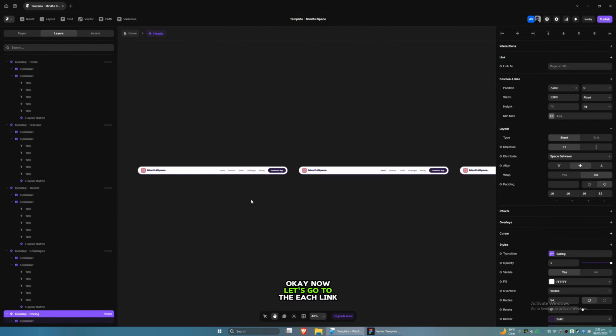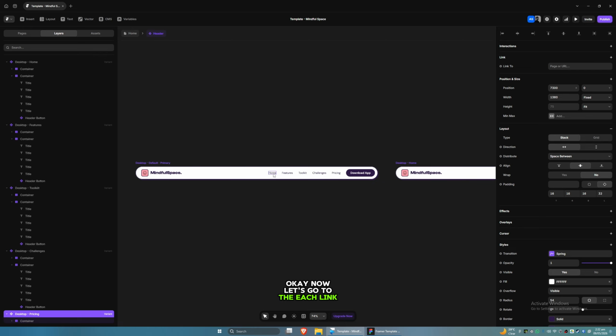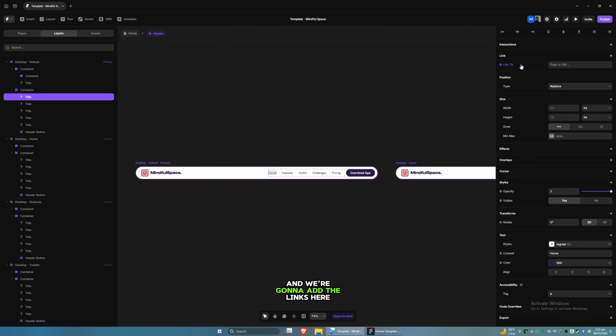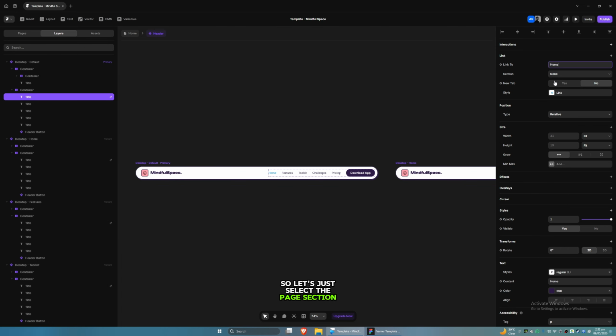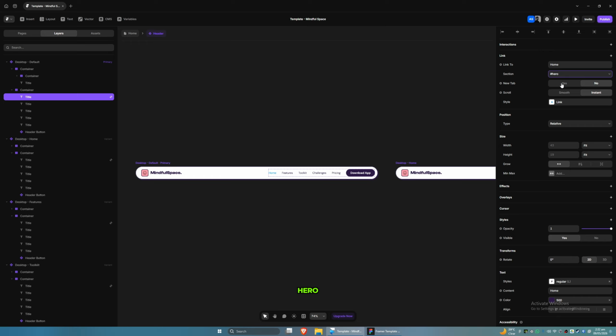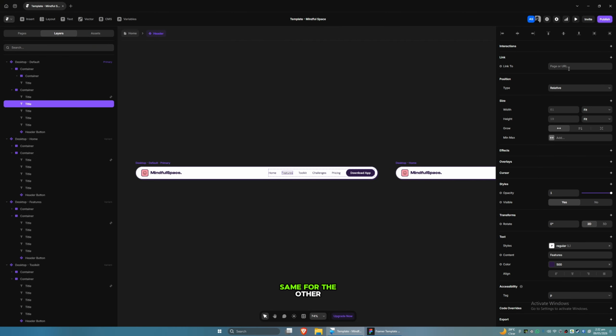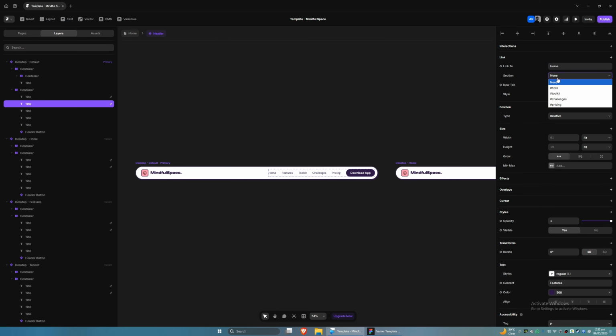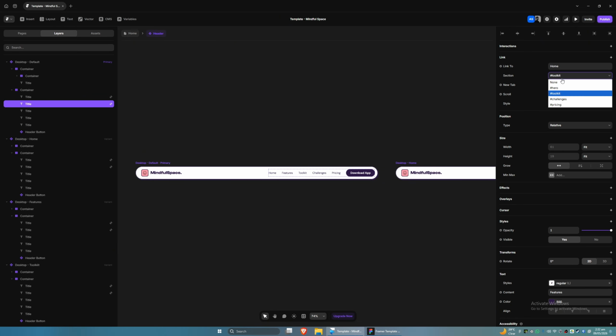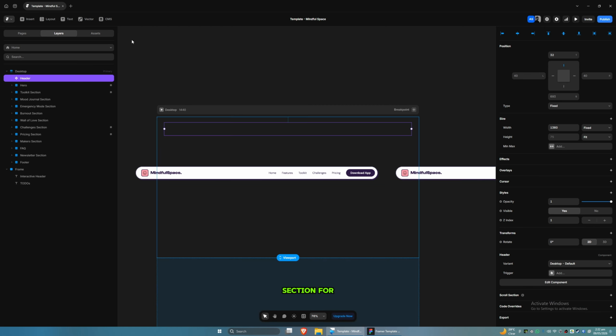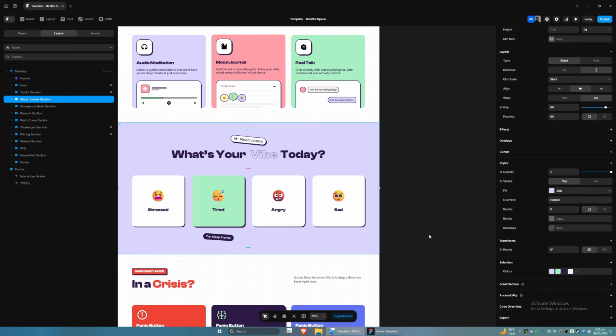Okay, now let's go to each link, and we're gonna add the links here. So let's just select the page, section hero, new tab no, smooth yes, and from the link we're gonna remove the styles. We don't need those. So let's do the same for the other. Actually we have features section which we haven't created a section for, so let's just set this one to be the features section. So I'm gonna call it features,